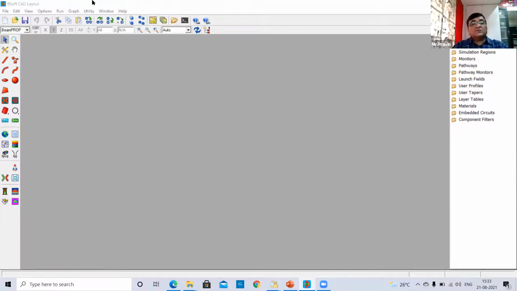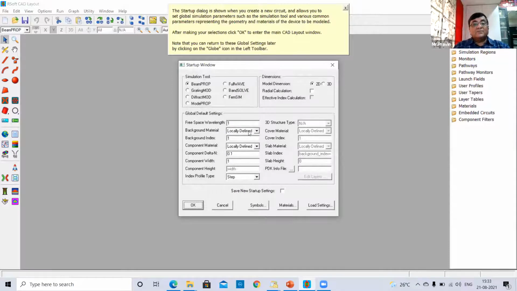Okay, this is how RSoft CAD will look when you open it. These are the different geometry shapes which you can use to draw. When you open a new file, it will open a startup window with the global parameters. Now, these global parameters are default parameters.